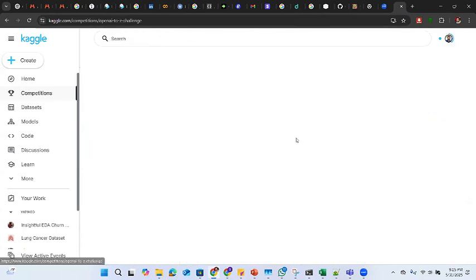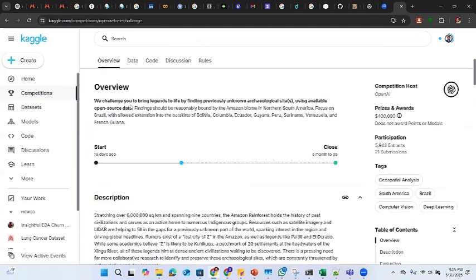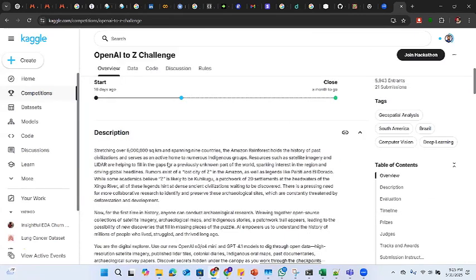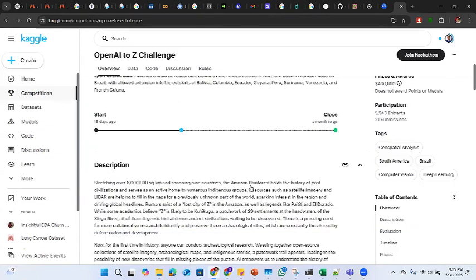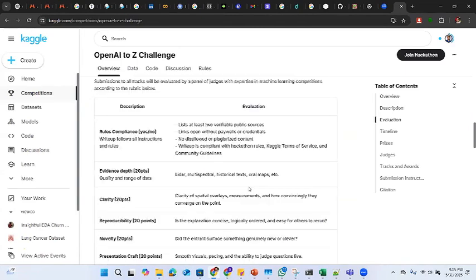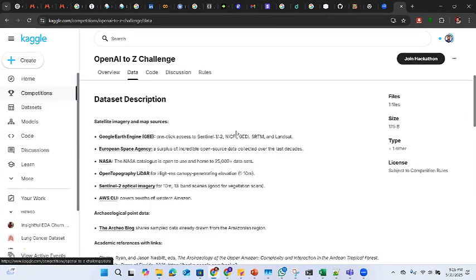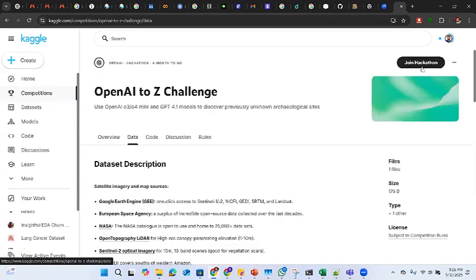OpenAI Research Challenge. This is okay. So we challenge you to bring the legends to life. This is kind of helping LLM models to fine tune their stuff, right? They have given the data set. So you can simply click join this competition. Then you can